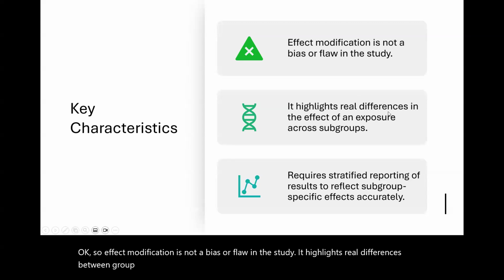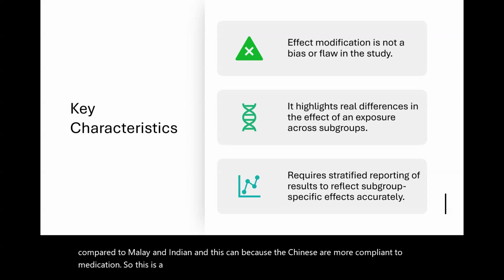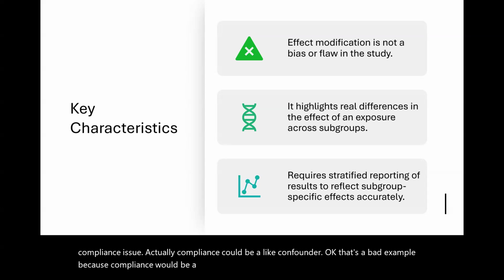For example, there are certain drugs that work better in Chinese compared to Malay and Indian. And this can be because the Chinese are more compliant to medication. So this is a real thing. The reason why you're having this effect is due to the compliance issue. Actually, compliance could be a confounder. Okay, that's a bad example, because compliance would be a confounding effect. So anyway,